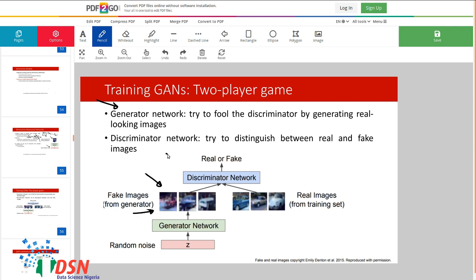After that we have a discriminator network, and the discriminator network tells whether the input image is fake or not. If the images are from the generator network, then the output of the discriminator will be fake, and if they are real images, then they will be real. So we have this configuration to train the networks. These are generative adversarial networks.